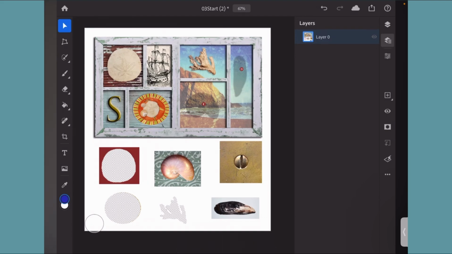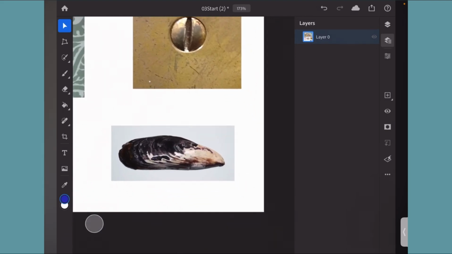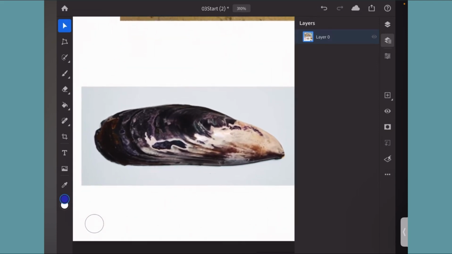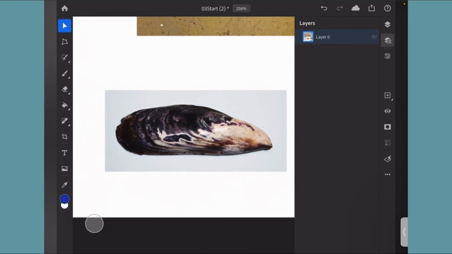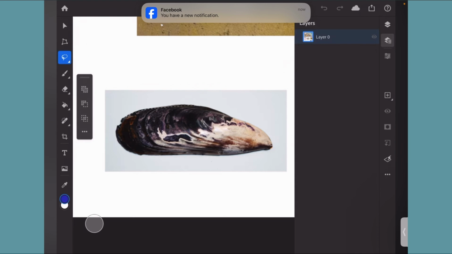All right, now we're on to the flat shell, this guy here. This guy is sort of a unique shape. He's long, he's not rectangular. So on this one, I'm going to show you how to actually work with the lasso tool. Tap here, tap again, lasso, first option. With the lasso tool, you have to draw in one complete line continuously without lifting up your finger or your Apple Pencil. So wherever you start drawing, you have to keep going,